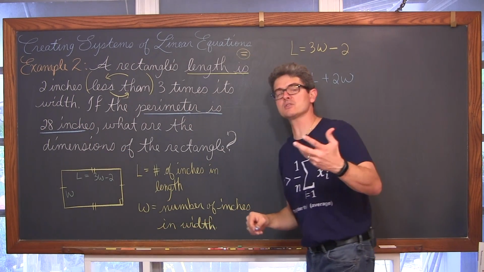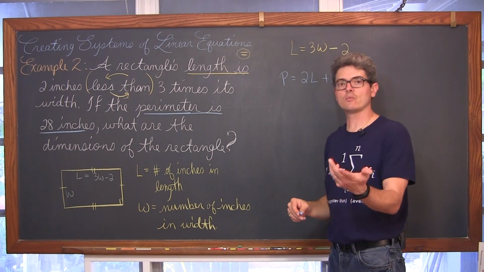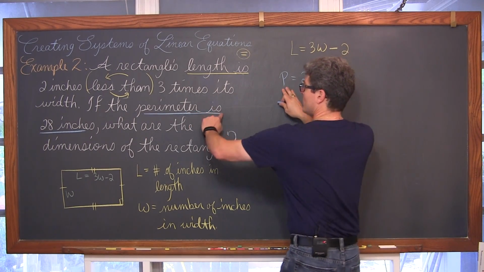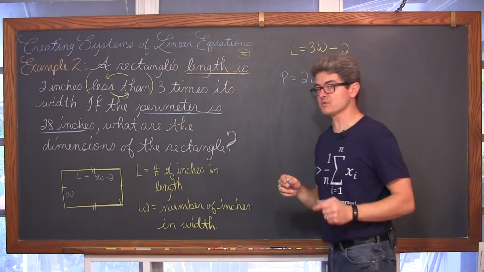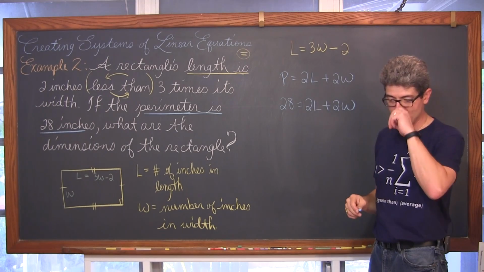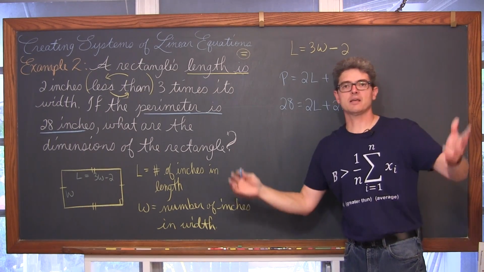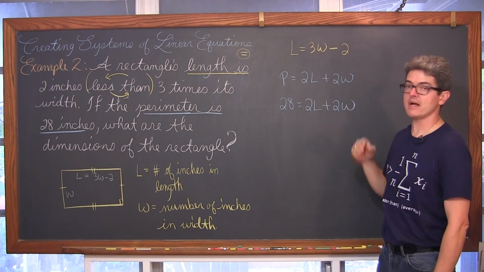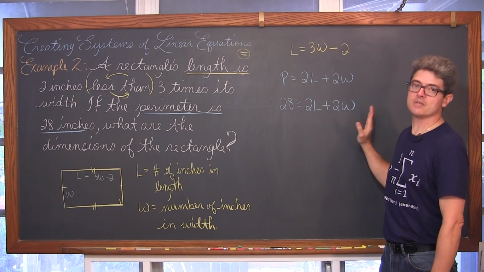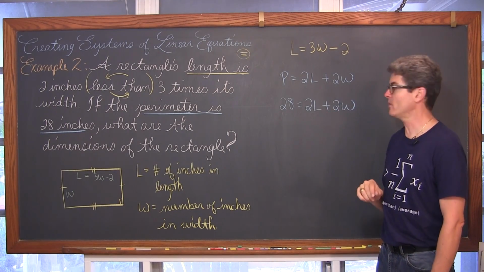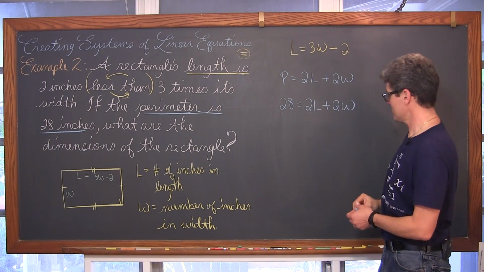Now I'm actually doing a substitution right now. I'm going to take the P out and in its place put in what we're saying it's equal to, which is 28. And indeed, as you go through your studies of math, algebra, geometry, algebra 2, all the way up to calculus and beyond, whenever you're given a number that has a formula attached to it, you're going to use that formula in the problem. That's a good hint on how to set up your equations. And these are going to be the two equations.